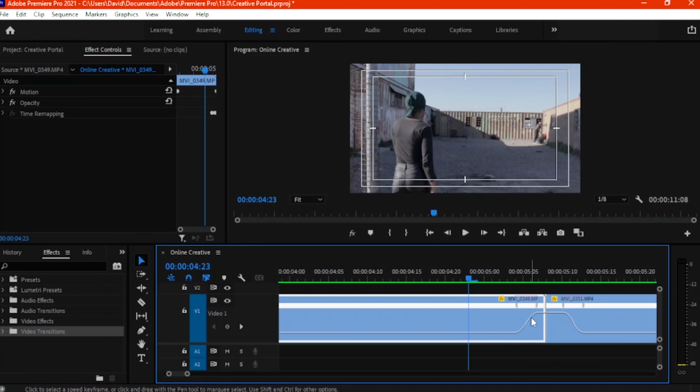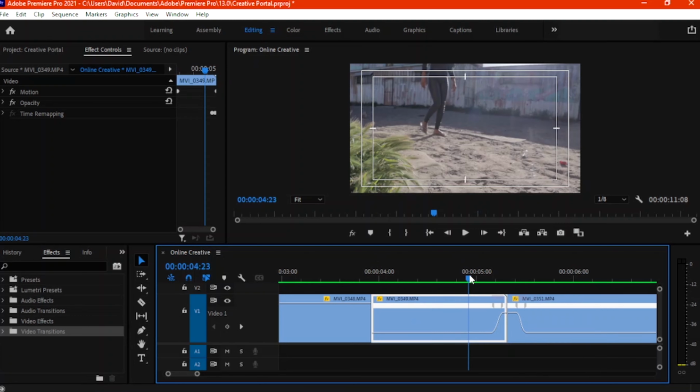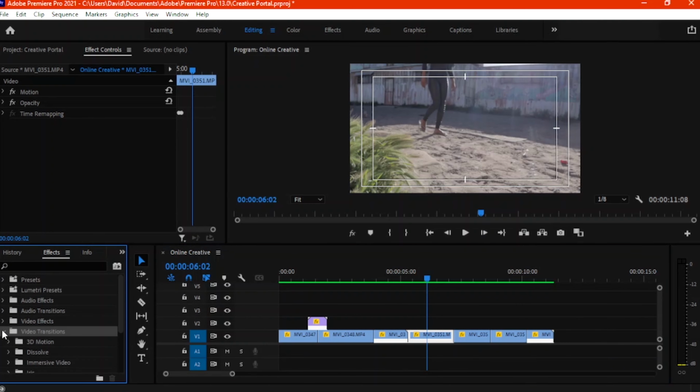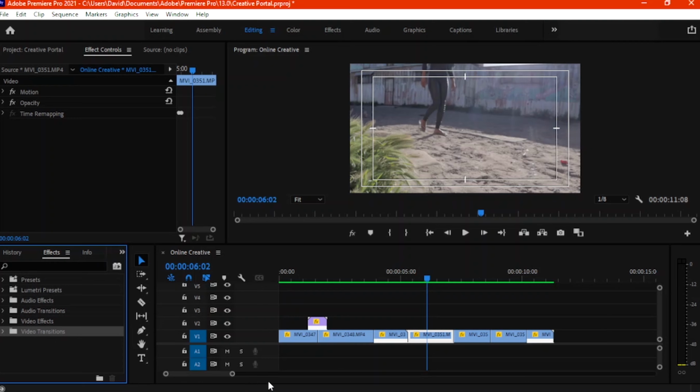A speed ramp basically just makes a clip go faster, then slows down. So as you can see here, that line, when it goes up, it means it's going to go faster. Then when it goes down that side, it's going to slow down again. So when I play the clip, that's why you have this shot here. See that quick shot? However, not to complicate things, if you are a beginner, rather use built-in transitions that come with your editing programs. Then from there you can work your way up.